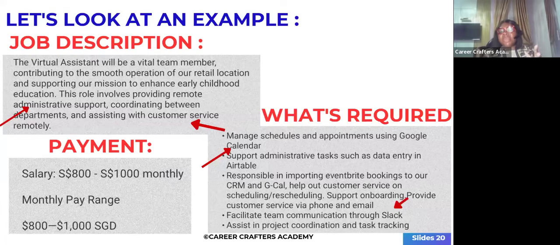Now, I know this thing I just read might sound so big, but they are just simple things you learn. You learn how to use Google Calendar. You learn how to use Slack. You learn how to use a CRM. In fact, if they say they need 5 things and you know how to use 4, it's already a good reason why you should apply. But if you don't know how to use any, or you only know how to use one, then, you know, it might just pass you by, right? So this is the importance of knowing how to use these online tools.